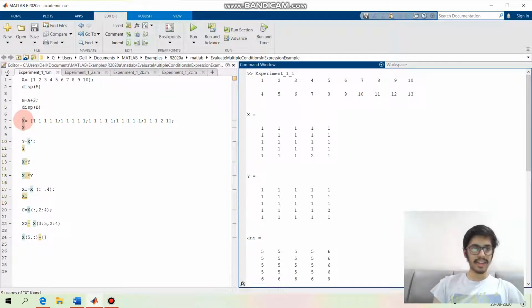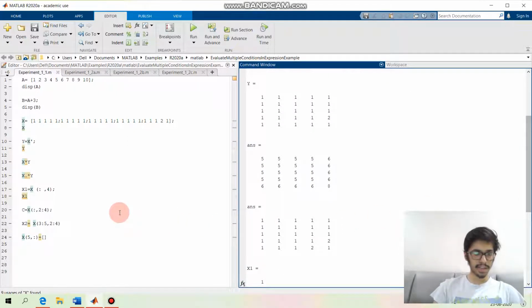Then we take a matrix X and this is printed over here. Then Y is X transpose. Basically we transpose the matrix X and it is stored here in Y, which is this. Then we multiply the two matrices X and Y and the result comes out to be this. Then we do element by element multiplication by using this function and we get this.